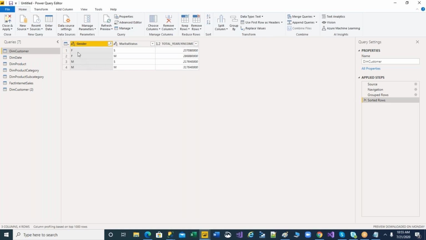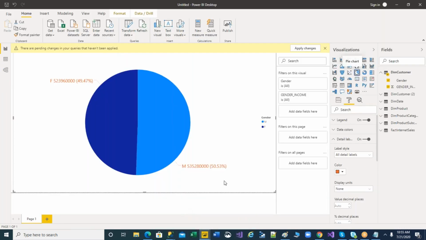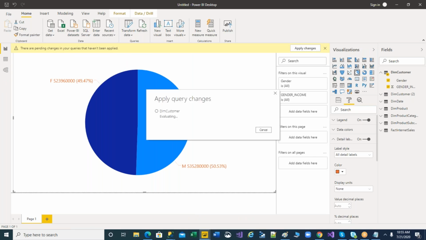See, under female single, this is the value. Under female married, this is the value. Now again, if I go back to the screen, if I say apply changes,